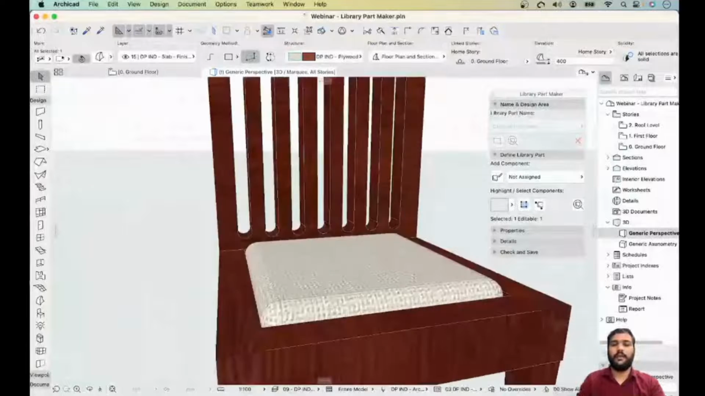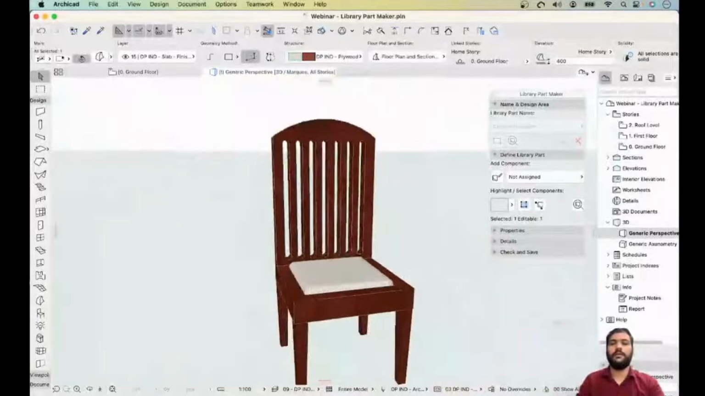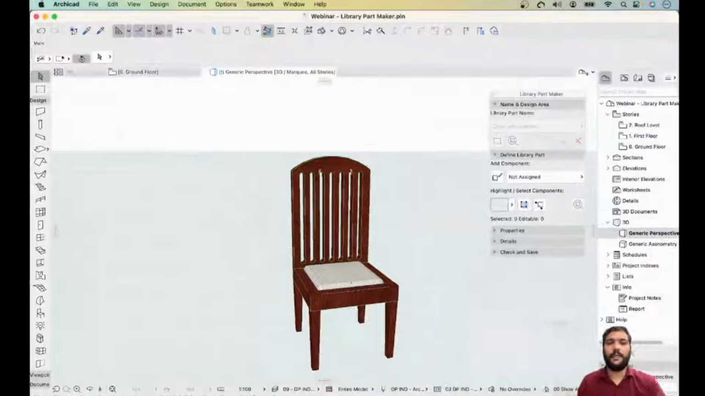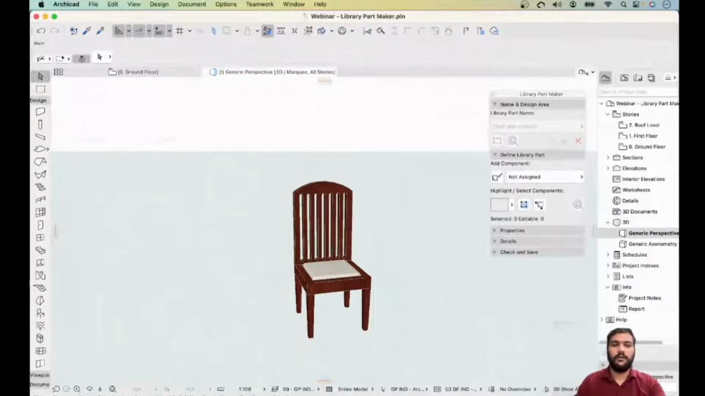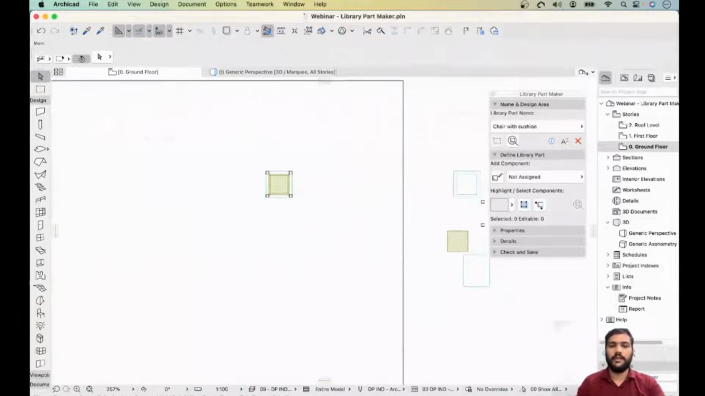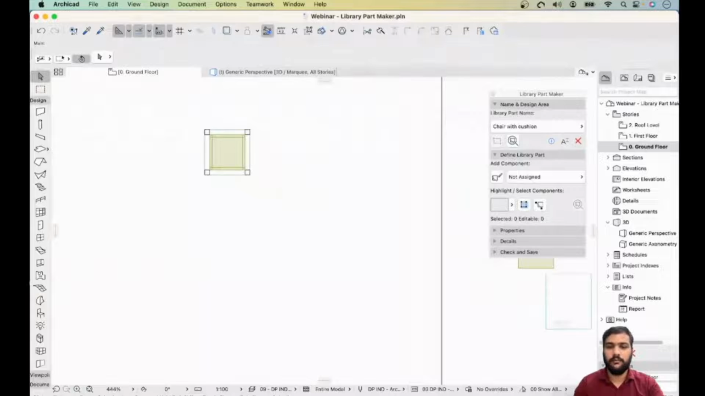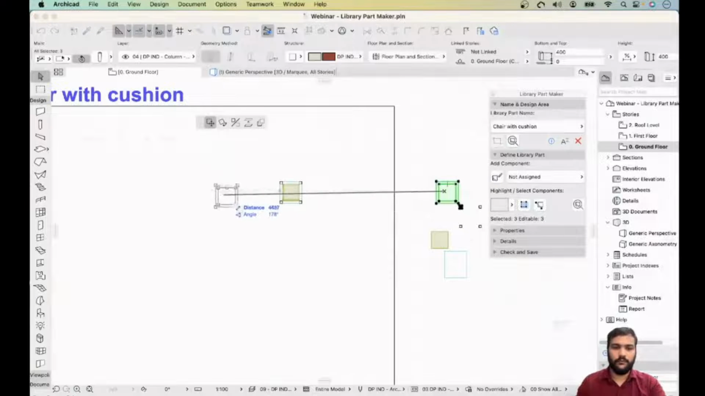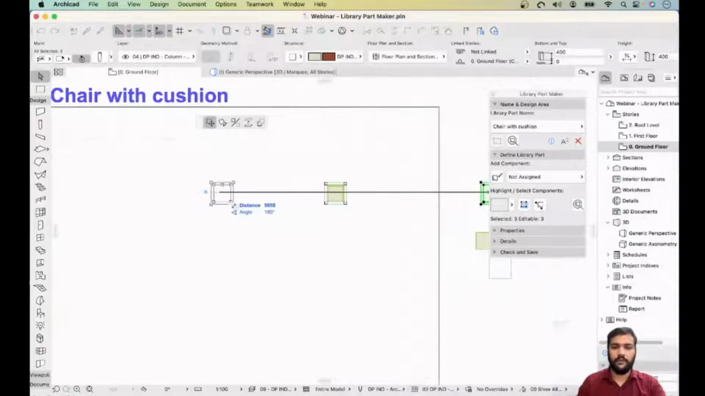Okay, so my chair is done. So this is the detailed level of chair. Now I will be making a low detail, like simplified one, and then we will be making a schematic one. Okay, so this detail level chair in 3D is done. For making the lower version of it,